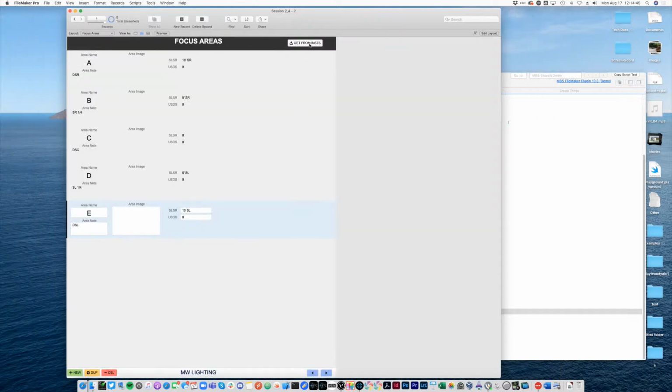Great. I probably shouldn't have put these in there yet. I'm just going to delete these really quickly so we can make sure that it works. Get from instruments. There we go. A, B, C, D, E. And I'll just do this real quick. DSL, excuse me, DSC, DSR, DSR quarter, center,